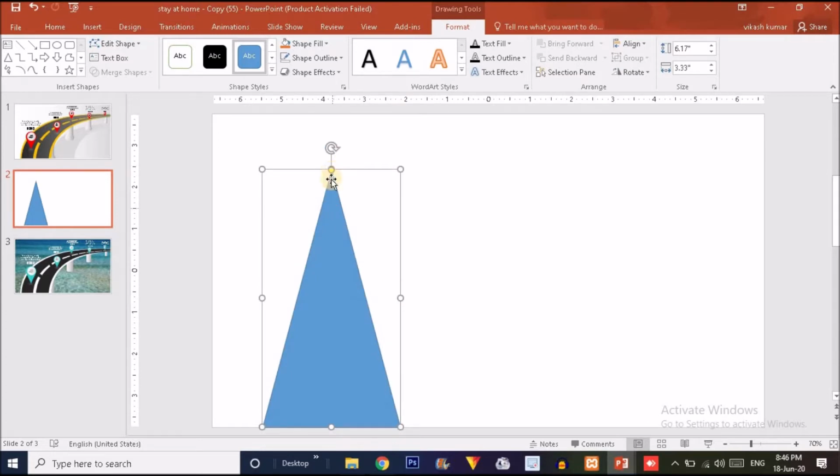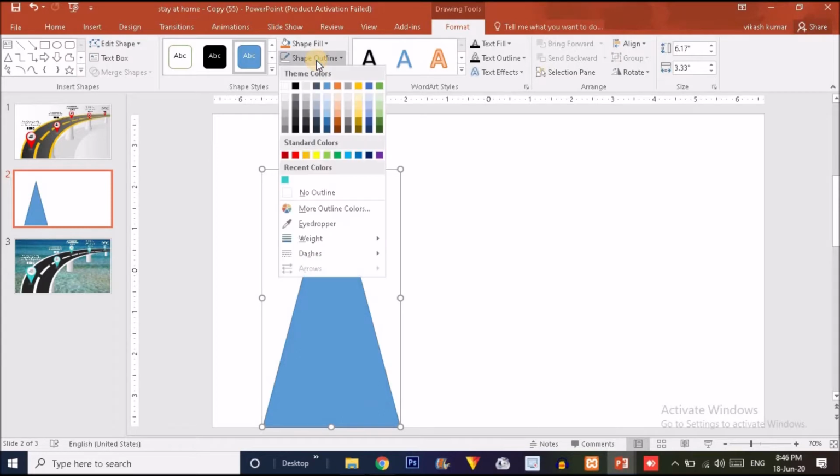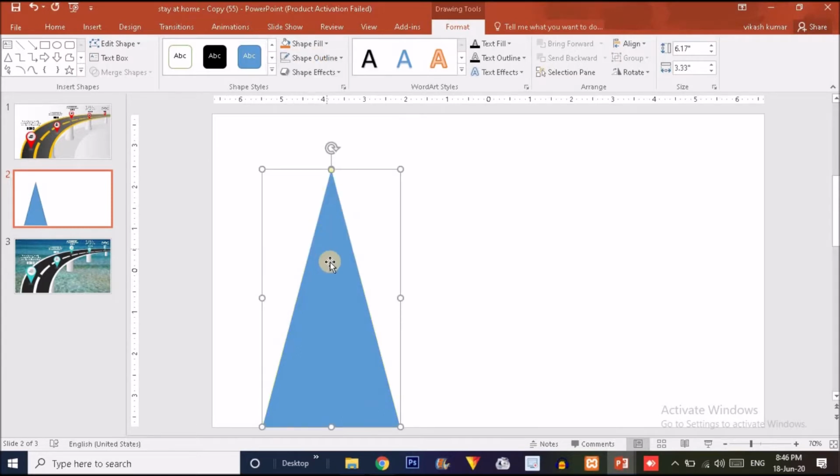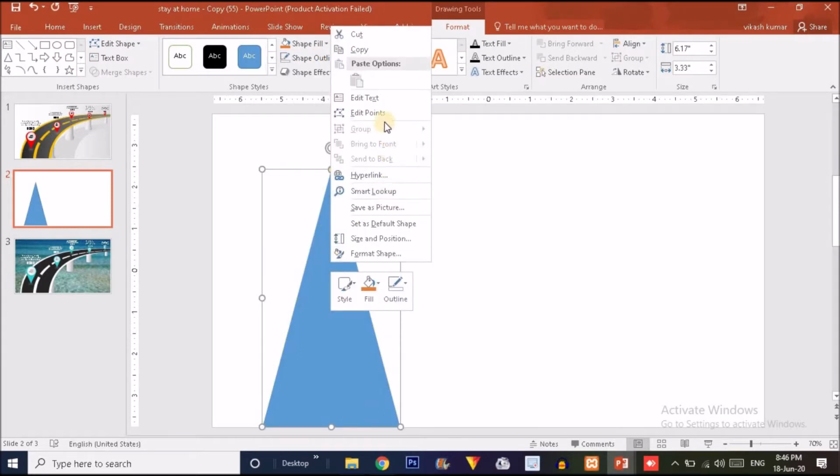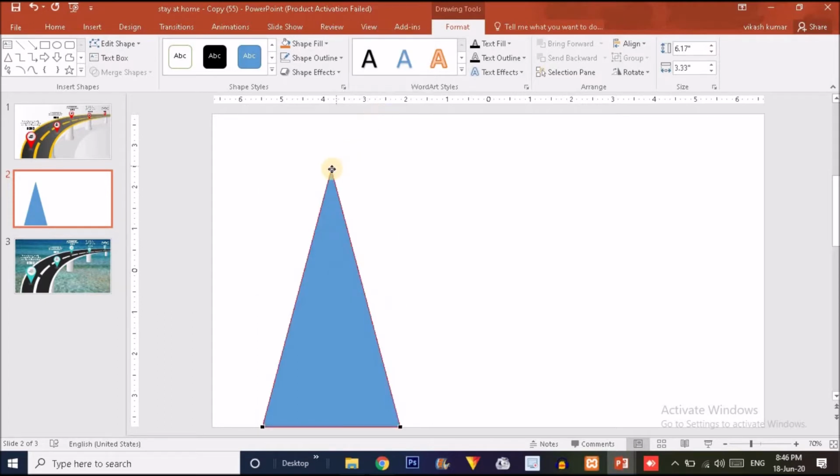Now you just have to make the shape outline no outline, right click over this triangle and click on the edit points option. Here you will find by default three black dots. You just have to click on the topmost black dot and drag